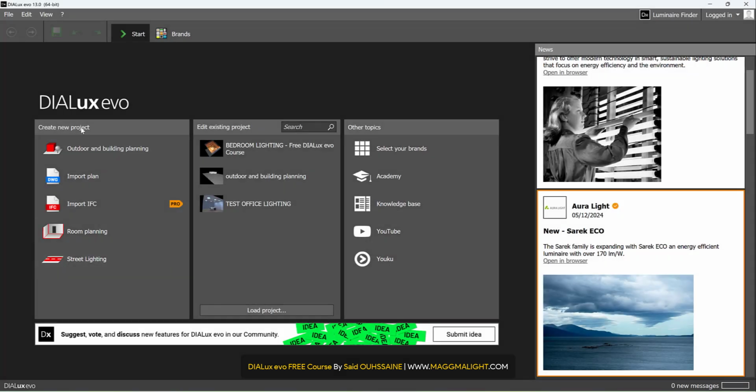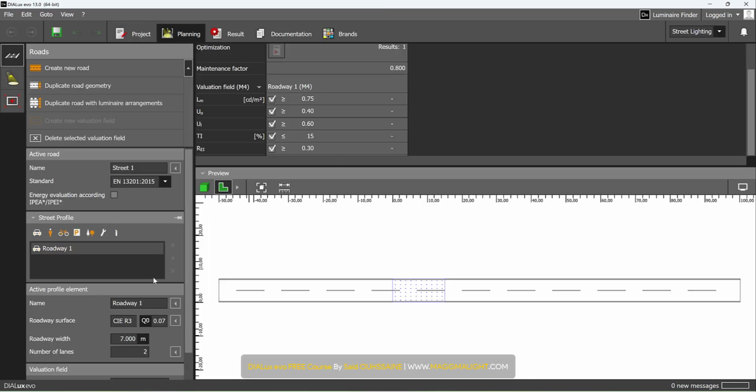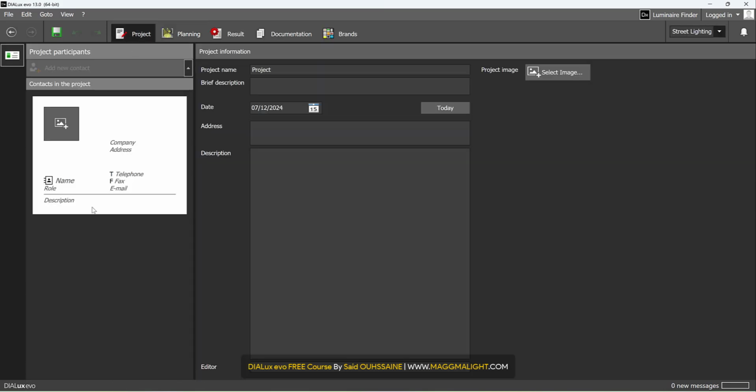Street lighting project model is used for street projects that require proper lighting calculations to ensure energy efficiency, visibility, and safety for the road users. The process is almost the same. You have the project, you enter the project data,